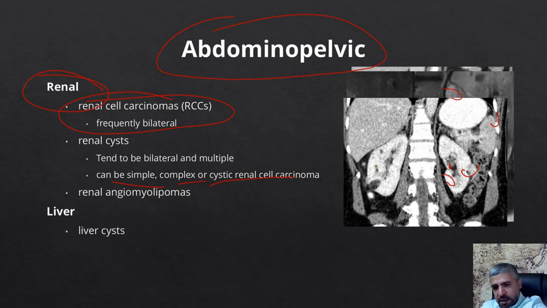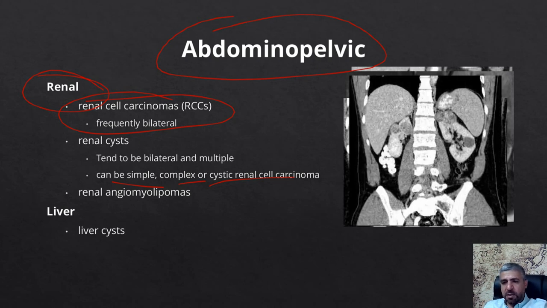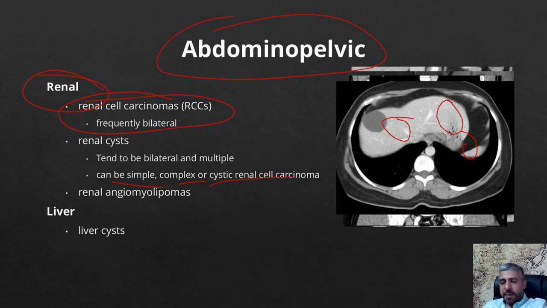Also, the other finding is in the liver. We see liver cysts, can be solitary, can be multiple. This is another very nice demonstration of the combination of renal cyst with renal cell carcinoma that's bilateral. Okay, so now let's go back to the liver. We have the liver cysts here. You can see, can be simple, can be multiple, can be just a single liver cyst. So liver cyst is also one of the findings in